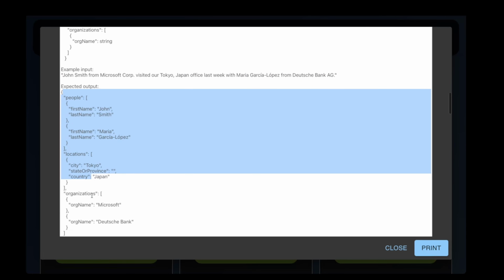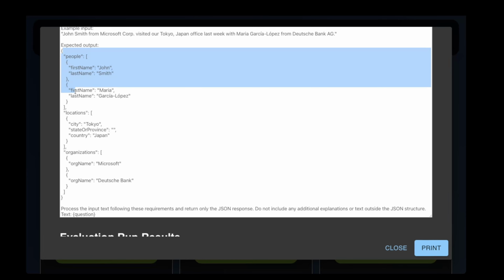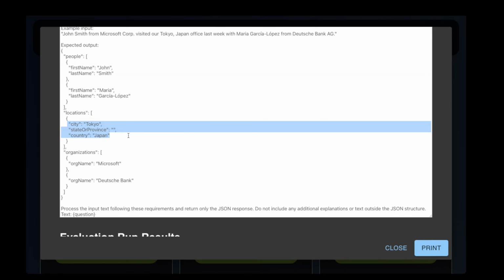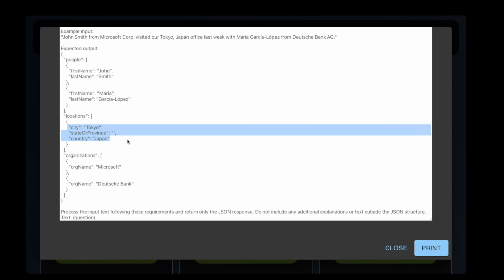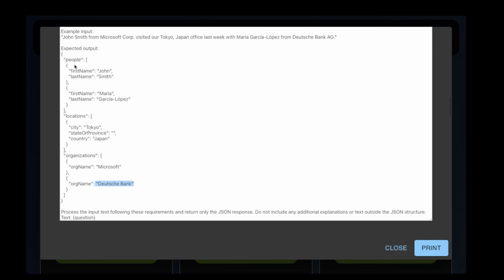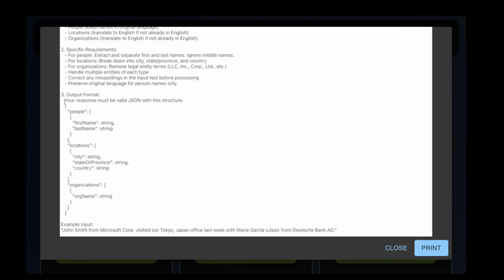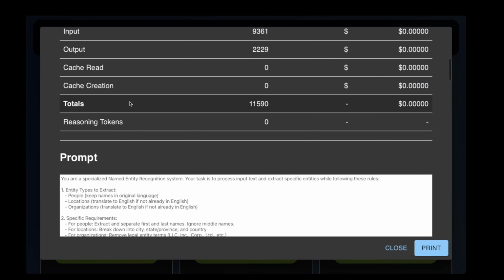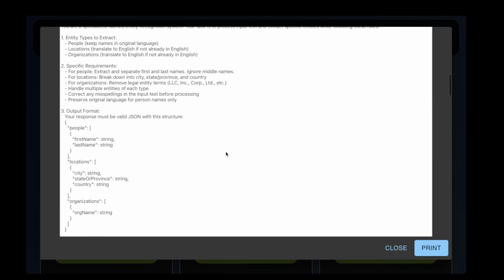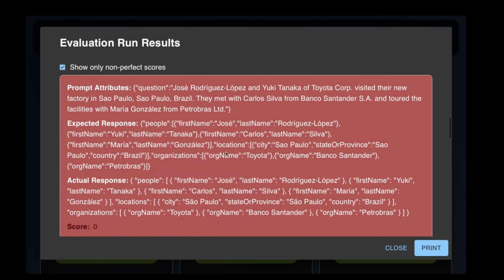The model is required to extract people, locations, and organizations, format people's names by separating first and last names, break down the locations into city, state or province, and country, remove legal entity terms from organizations, translate locations and organizations to English, and format the output into a specific JSON structure. Phi-4 scored 70% on this test, indicating a moderate level of success, but there are several notable failures that I'll